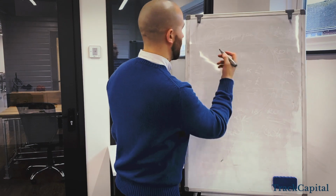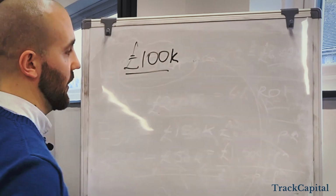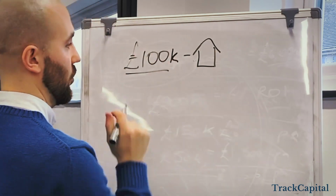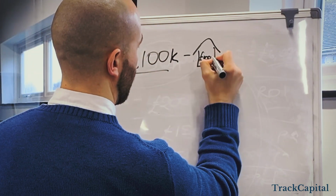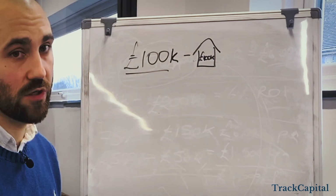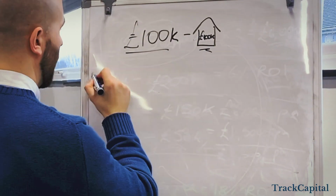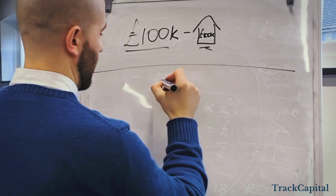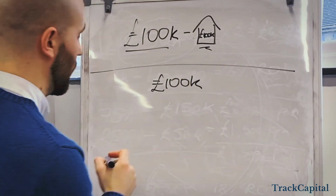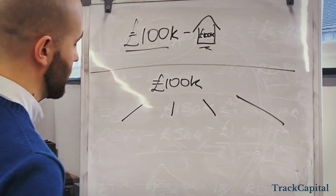Now, you can also use buy-to-let mortgages to increase your portfolio size a lot quicker. And how do we do this? Well, let's say we have somebody with £100,000. They could go out and buy one property worth £100,000, cash outright, no need for a buy-to-let mortgage or loan, and they would own that outright. Or we could take their £100,000 and split it into 4 deposits for properties worth £100,000,